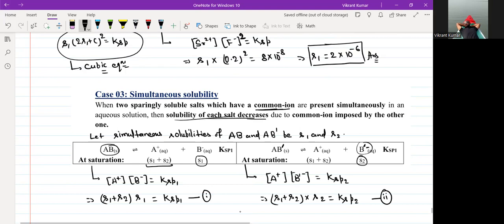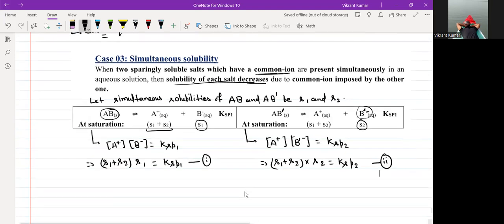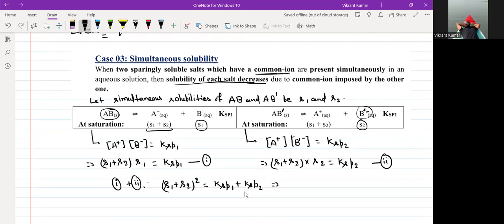जैसे ही add करोगे कुछ फायदा हो जाएगा। If I am applying 1 plus 2, देखो ना क्या हो रहा है, we are getting S1 plus S2 का whole square, है ना, on the left side। S1 plus S2 कॉमन लिया तो ब्रैकेट में भी S1 plus S2 आएगा, and that's why we are getting S1 plus S2 का whole square as KSP1 plus KSP2। और ये एडिशन निकाला भी क्यों, because if you see S1 plus S2 is nothing but the concentration of the common ion, so that will become under root KSP1 plus KSP2।